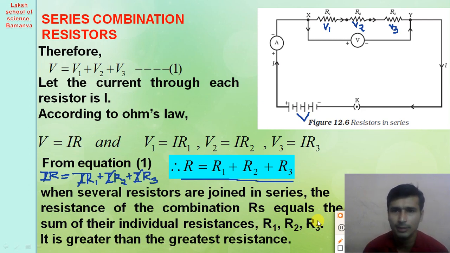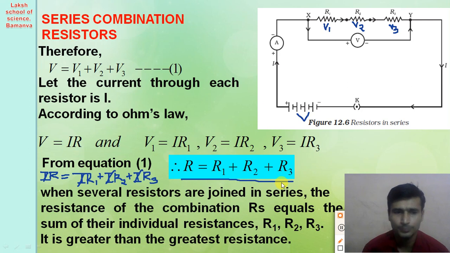An example is also asked in examinations like this: three values of resistance, 1 ohm, 2 ohm and 3 ohm, are given to you. Find the total resistance of the circuit. So instead of R1 we place 1 ohm, instead of R2 we place 2 ohm, and instead of R3 we place 3 ohm. The total resistance of the circuit is 6 ohm. So this is a simple question that will also be asked in your examination, right? Calculate the total resistance of the circuit.